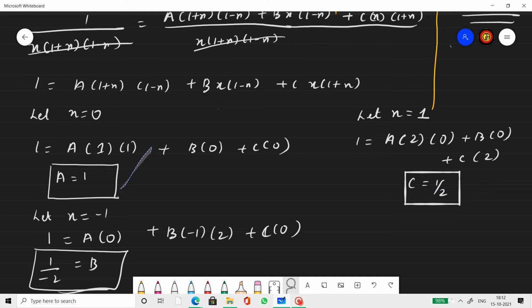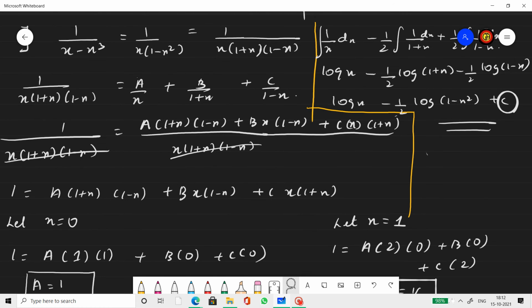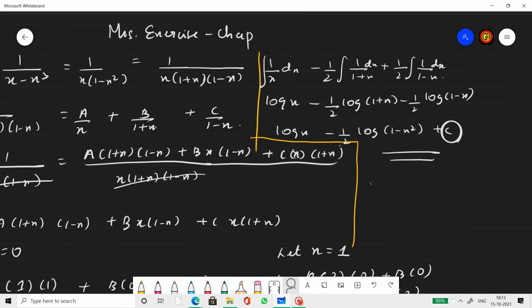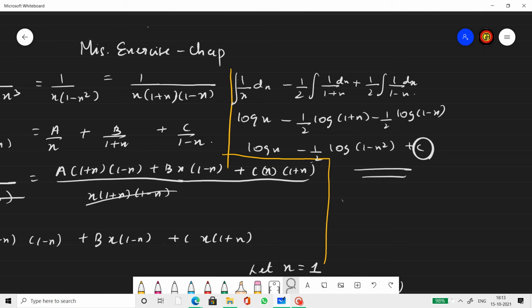So after you obtain the values of A, B, C, go to the step where we split the term, we have expanded it. Apply the concerned values A, B, C here, start integrating them. With this you come to this step. A value is 1, B value was minus half, C value is plus half. Now 1 by x integration is log x, whereas 1 by x plus 1 integration will be log of x plus 1. But when you do 1 minus x integration, it would be minus log of 1 minus x,